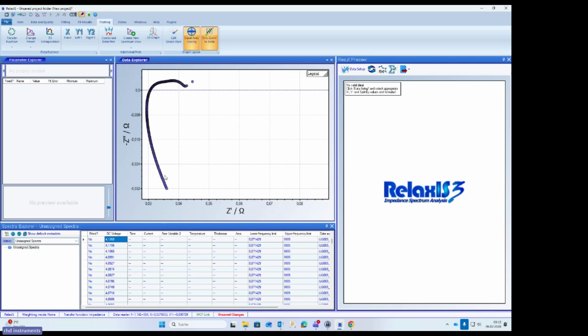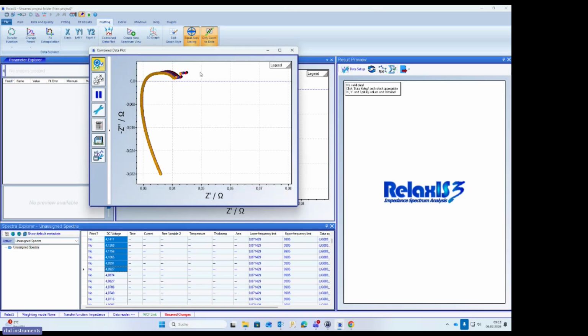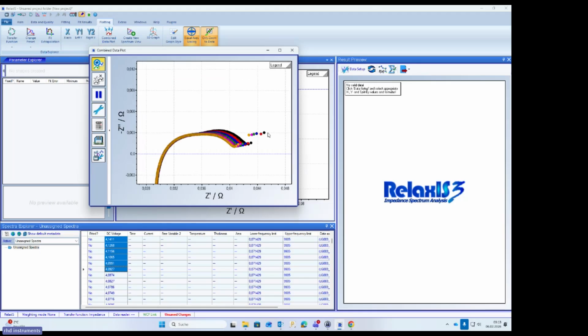And here you see we only have this one graph, but we have a measured series of different data. So what would be interesting is to make just some kind of overlay plot. This is also possible. I go now into this list here in the lower middle part of this graphical user interface and mark maybe these 6 spectra here. And I can make some kind of combined data plot. And you see here that we now have multiple data being plotted together in one plot. And we also have a legend where we can always see what